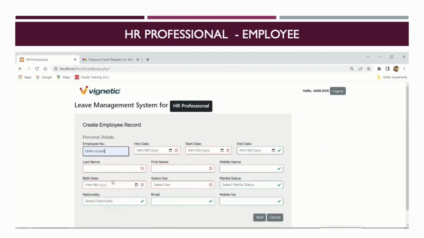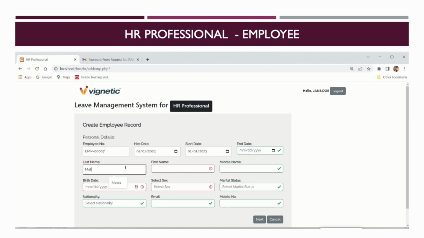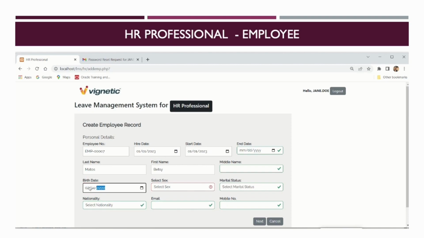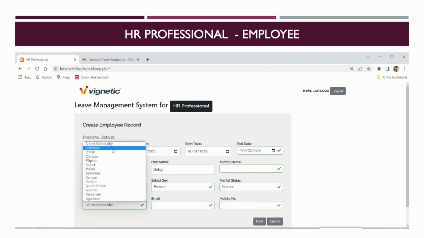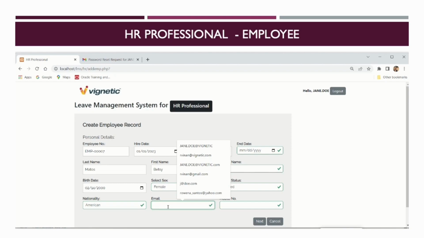Now let's assign employee number, input a hire date, start date, last name, first name, middle name if applicable, gender, marital status, nationality, email address,